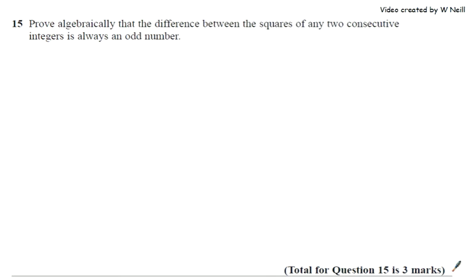Question 15. Prove algebraically that the difference between the squares of any two consecutive integers is always an odd number. Okay, I begin all these questions the same way. I write down n for any integer,